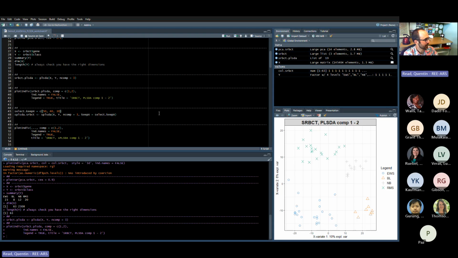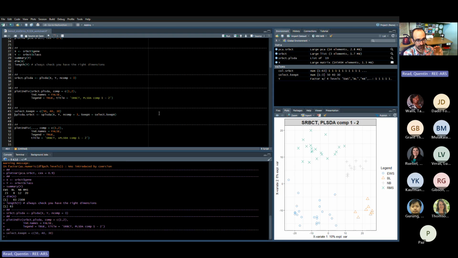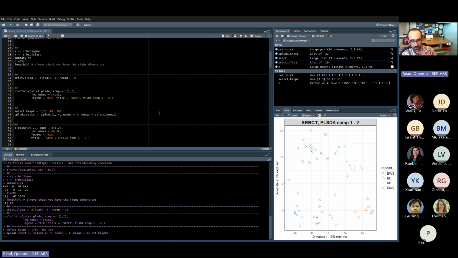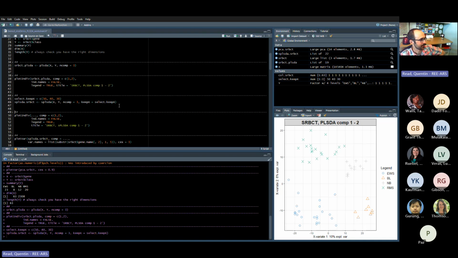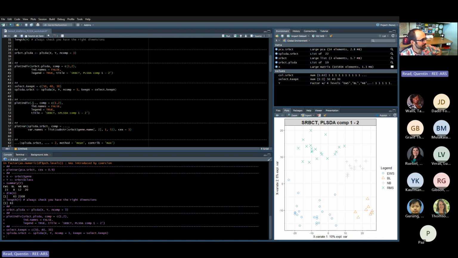We're going to run line 45 to set that vector of 50, 40, 30, and then we're going to run the sparse PLS on line 46. It's very quick to run. With our small data set, and it's a simple algorithm, it ran in basically no time. So let's take a look at our plot the individuals for that